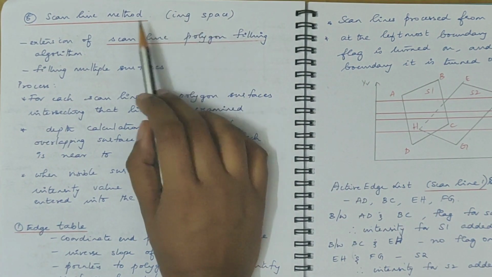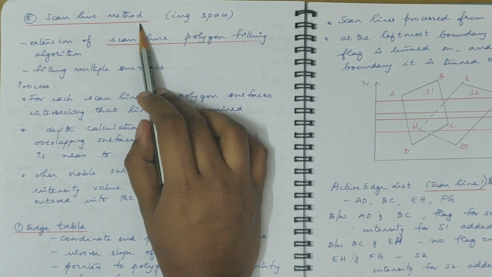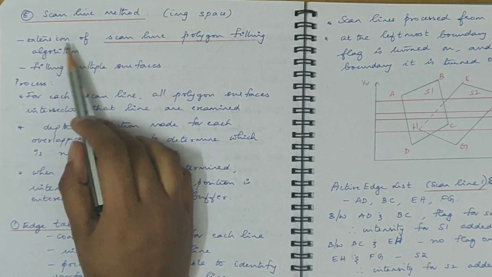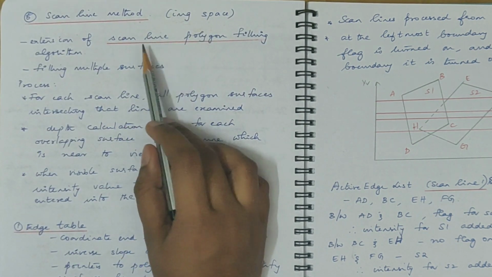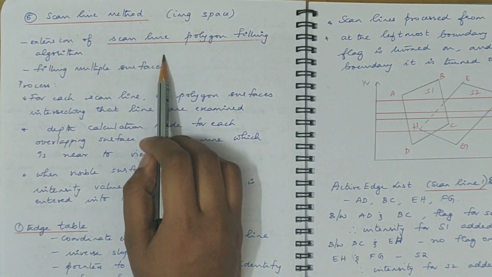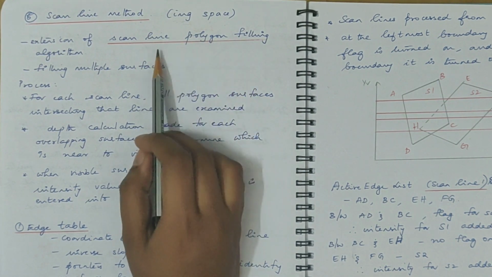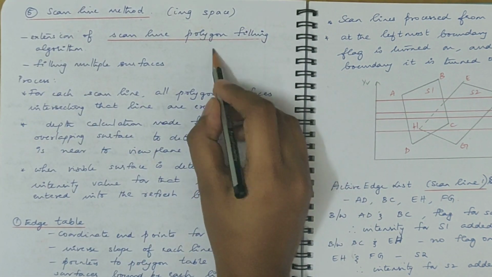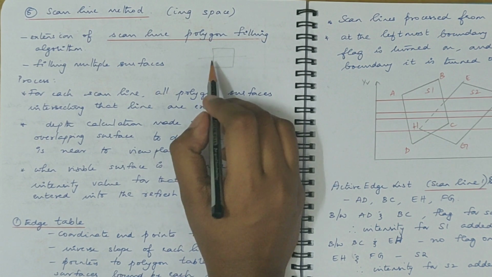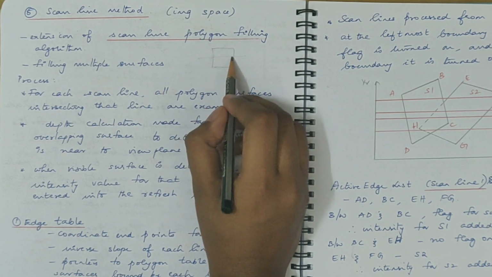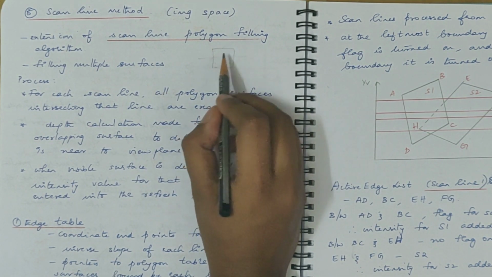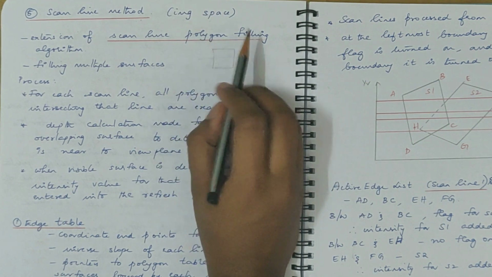Okay, so we have already seen that the visible surface detection methods can be of 2 types. It can be either object space or image space, and this is one of the image space methods. So this algorithm is actually an extension of the scanline polygon filling algorithm, which we have already dealt with in the 3rd module of this syllabus. There you have a polygon and you will have scan lines. Based upon the intersecting edges, you will determine if the points between the intersecting edges are inside the polygon or outside the polygon, and based on that you will fill the polygon with colors. So that was scanline polygon filling.